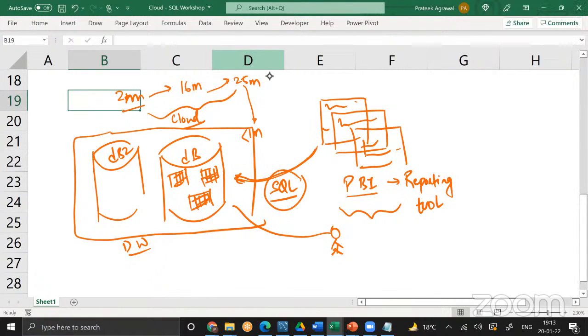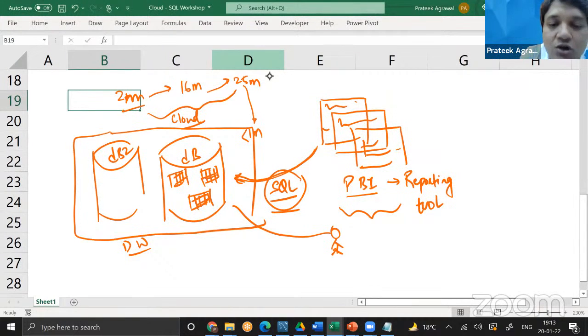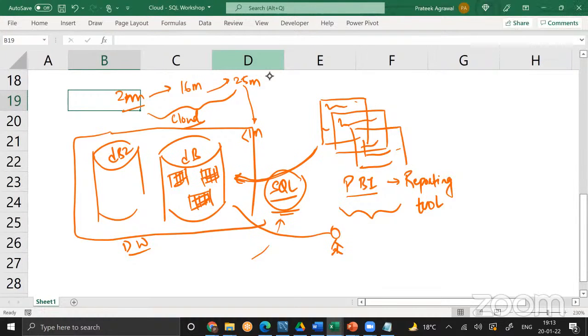So then the question is, which company really owns SQL? Which company owns SQL? Any idea? Anybody? All right. Microsoft, Oracle. Okay. Well,